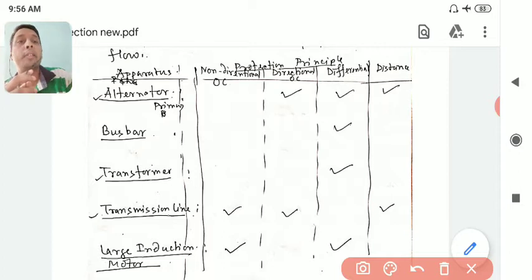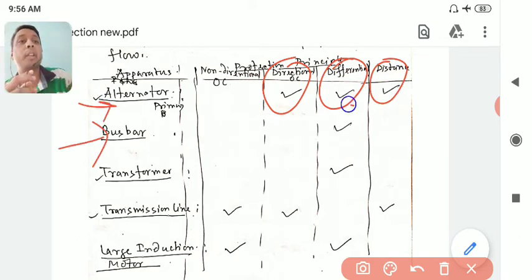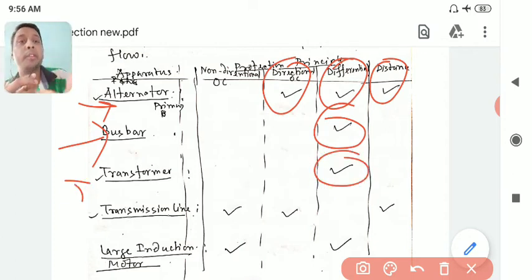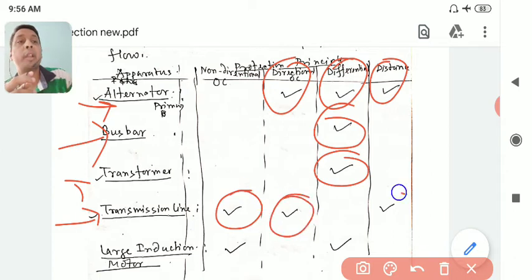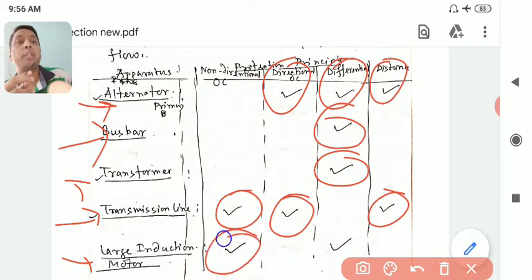For alternators, they use directional overcurrent, differential relay, and distance relay. These three types of principle are used. In case of bus bar, differential relay is used. In case of transformer, differential for primary protection. For transmission line, non-directional overcurrent, directional overcurrent and distance, all these three. And for large induction motor, non-directional overcurrent and differential this time.